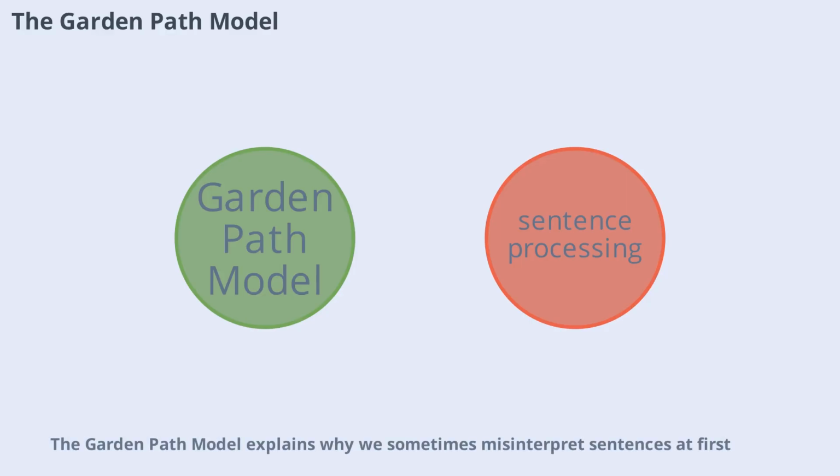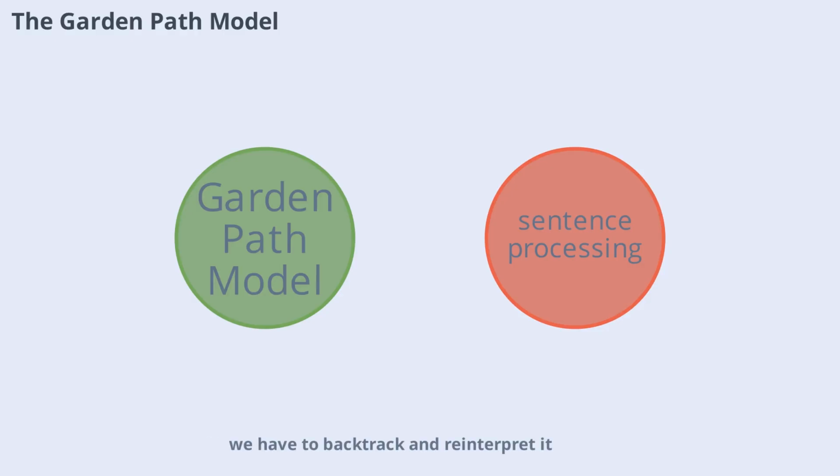Garden Path Model explains why we sometimes misinterpret sentences at first. According to this theory, our brains prefer the simplest grammatical structure when processing a sentence. If the sentence turns out to be more complex, we have to backtrack and reinterpret it. This model helps explain why certain sentences feel confusing or misleading, and why we occasionally stumble when reading or listening